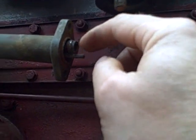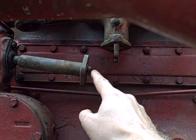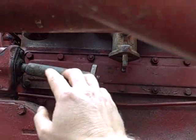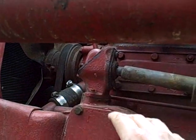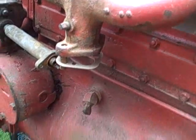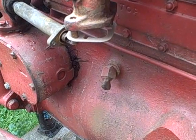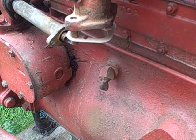This protrusion, I have to make sure that goes right in there, because that's the throttle linkage, and it also ties it into the governor over here. I've been messing with this linkage, and I thought I wanted it in the low speed or low throttle position